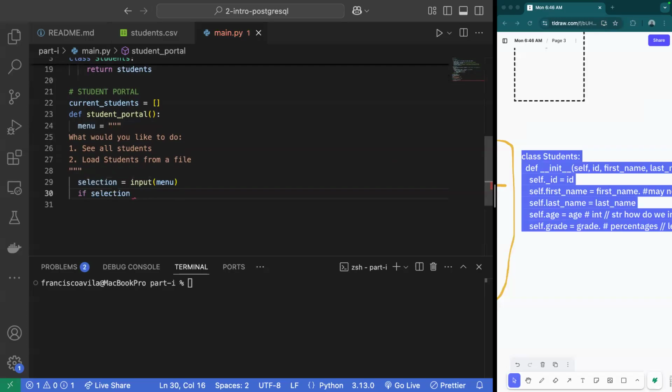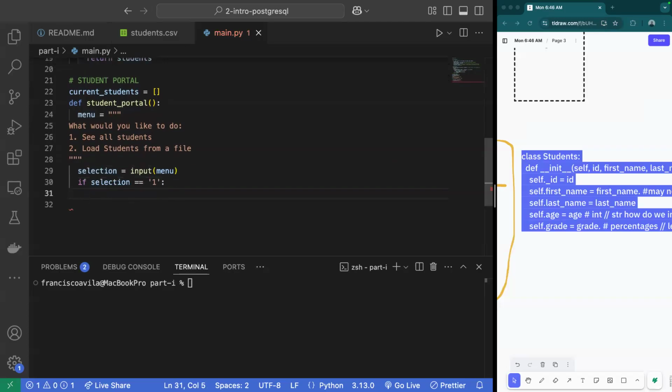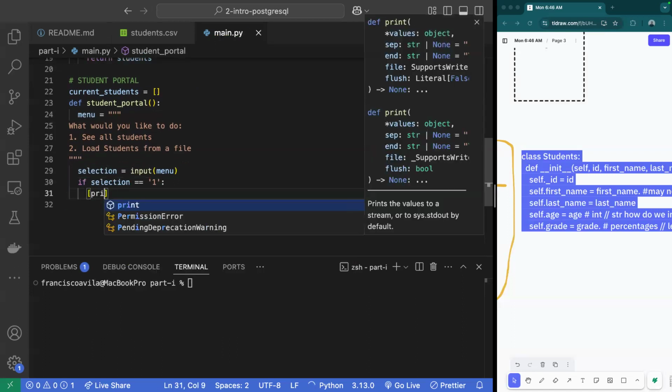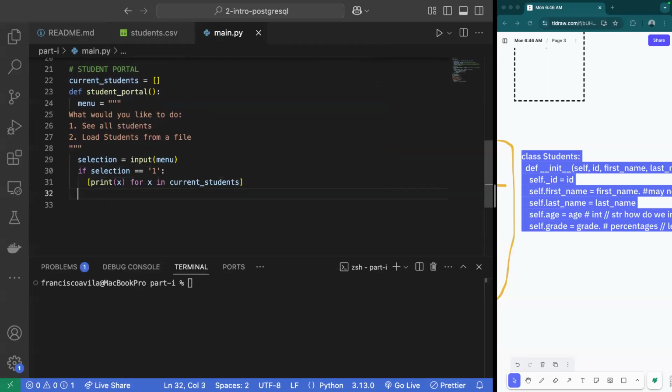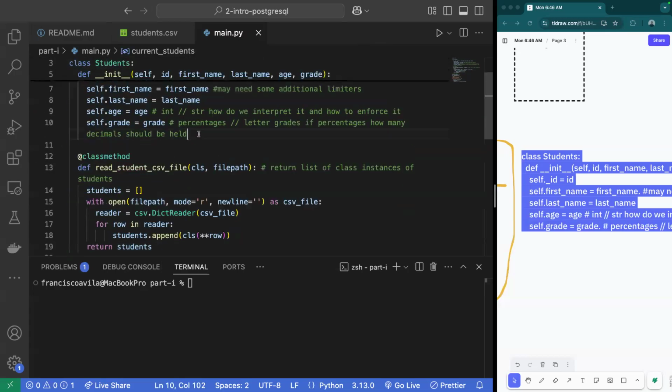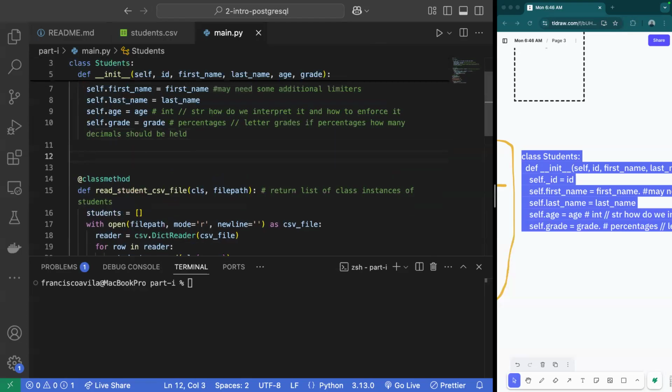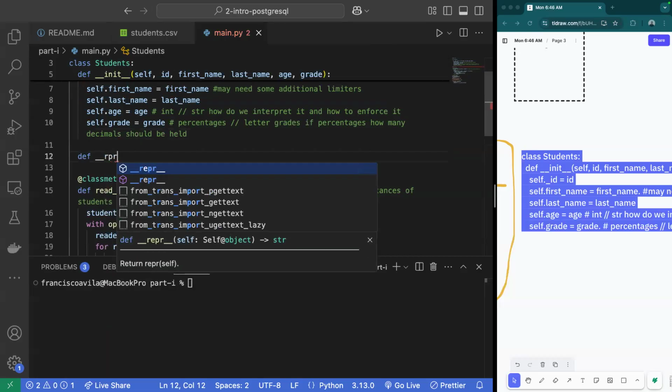So if selection is equal to 1, we'll simply just iterate through all of those students. So we'll go ahead and do a list, say print x for x in current students. All right, so there's our first for loop to be able to see all of our students that have been created. You're going to need a repr as well. And that's what I was just about to say. Yeah, we might want to add a repr method here